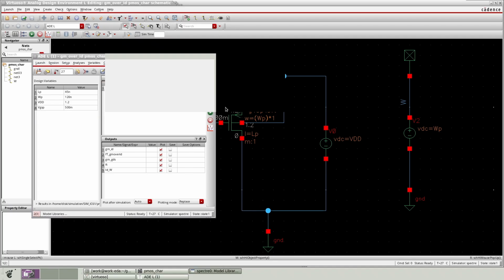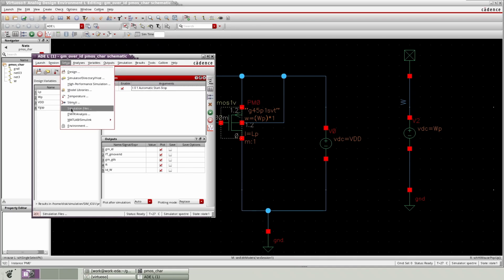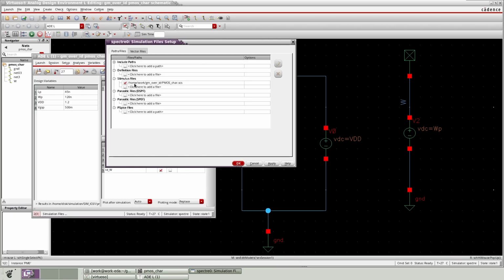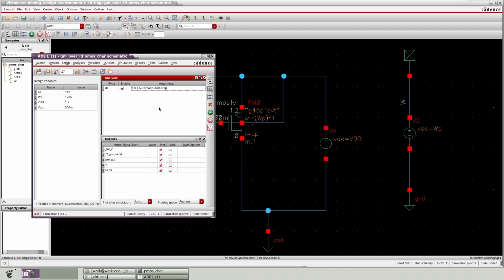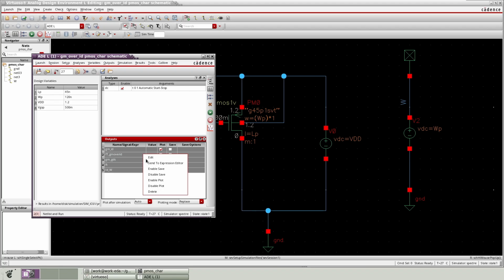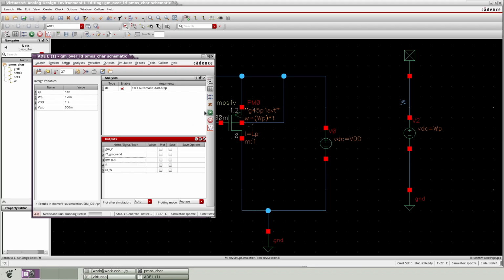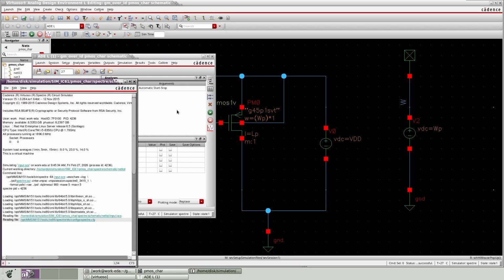Okay, fine, 45 nanometer, and then the simulation files. I'm adding the PMOS .scs file. Now if I disable all the plots and run the simulation,